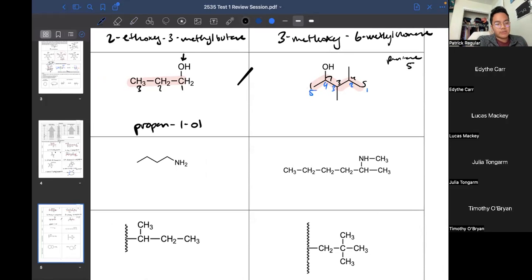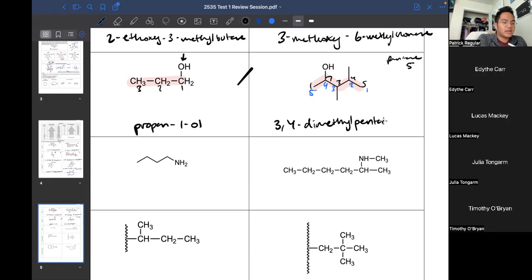So you want to give the lowest number to oxygen, even if it gives the other branches really high numbers. So you could have like 7, 8, 9 trimethyl decanol. If it gives alcohol that first carbon, you have to go with that one, even without regard of the other branches. So this would be 3, 4 dimethyl